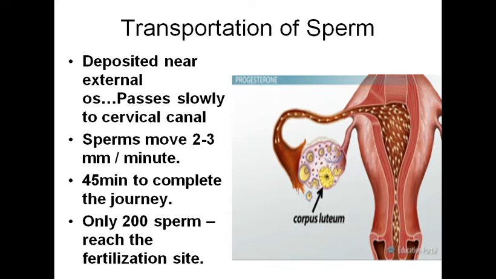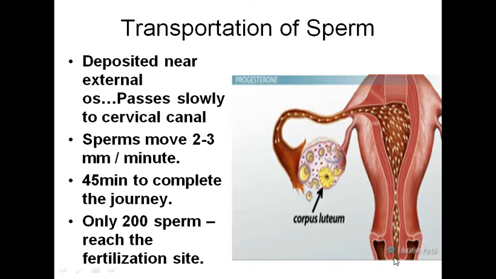So the sperms are deposited near the external os. This is the region of the uterus shown in this picture. Here we can see the external os, and this is the internal os. Remember, we studied these parts in the lecture on female reproductive organs. So when the sperms are deposited near the external os over here,